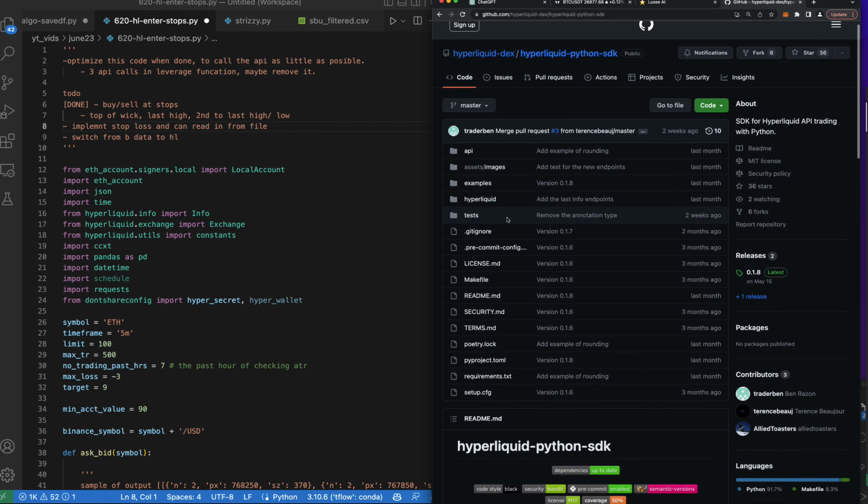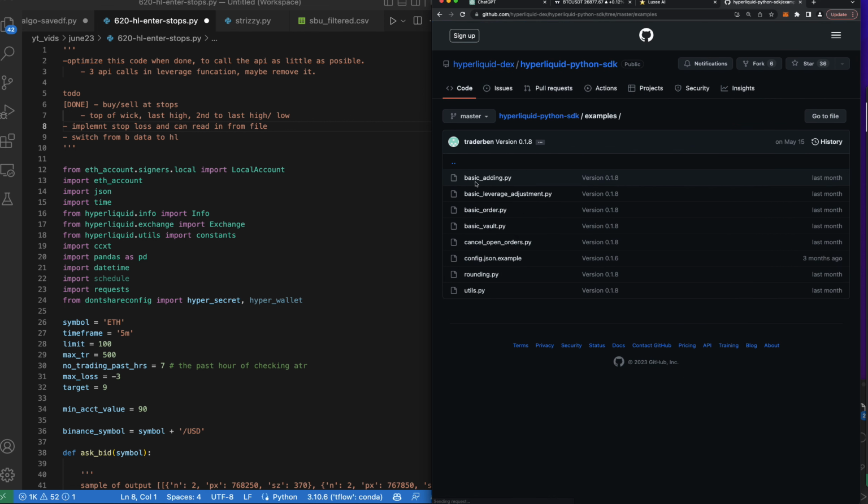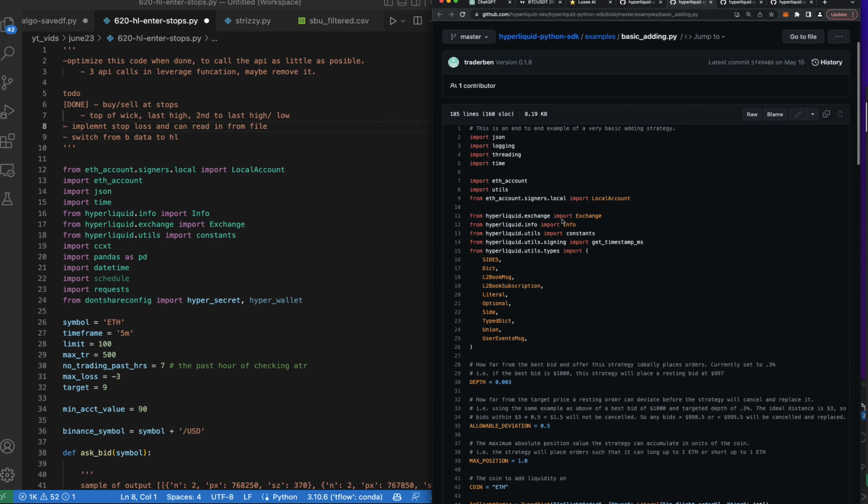Hyperliquid Python SDK. Let's see if they have a stop loss example. That'd be awesome. Basic adding. I don't think so. Cancel orders. Basic order. Adjust leverage. Cancel open orders. Rounding. What's utils? I don't know. Basic order. Maybe it's under basic order. Basic leverage. Cancel orders. Okay, let's look through some of these docs to see if we can find a stop loss,